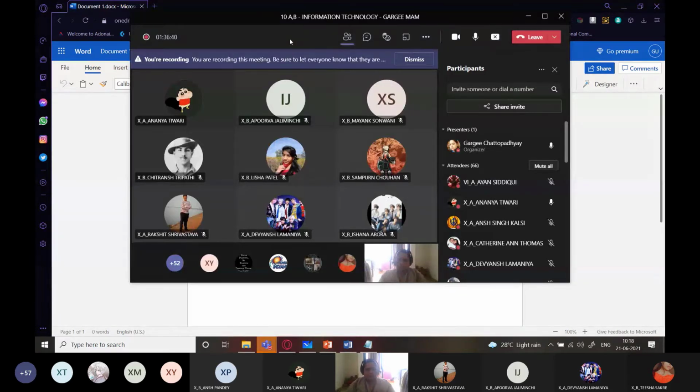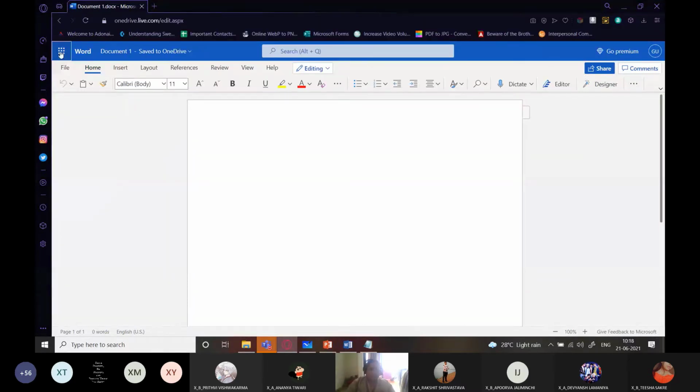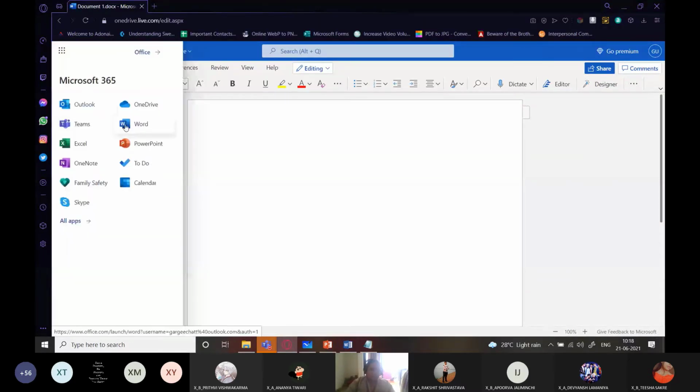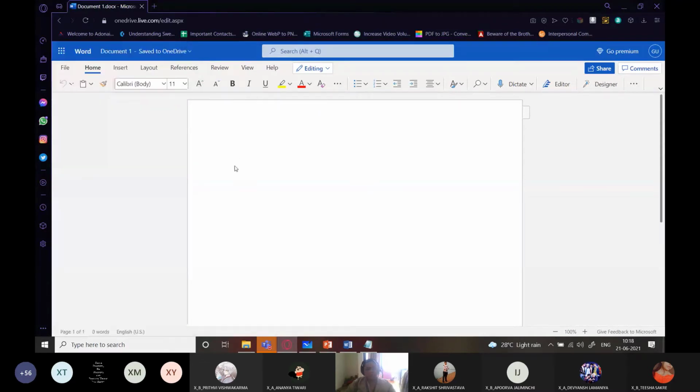So those who don't have the latest version, you can even use, you can create an account on Microsoft, a free account using Microsoft. You will get 5 GB of cloud storage, that is sufficient for you all, and you can use all the products of Microsoft. You can use not only Word, you can use Excel, PowerPoint. Okay, only thing you cannot use MS Access, but rest all you can use there. Is this clear to all?